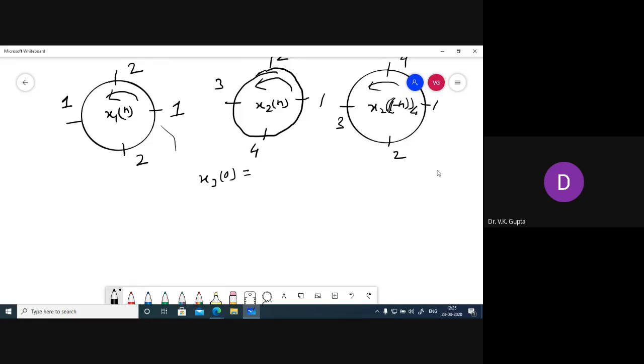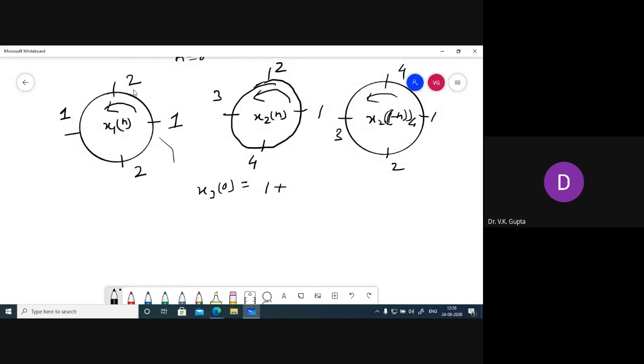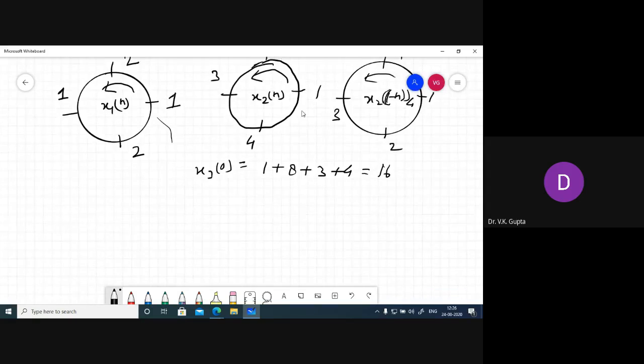1 multiplied by 1 means 1, plus 4 multiplied by 2, the second quantity is 8, plus 1 multiplied by 3, plus 2 multiplied by 4, so 8, 4, 12, 16. This will be 16. Then comes the next point,